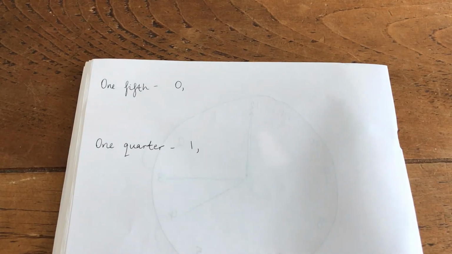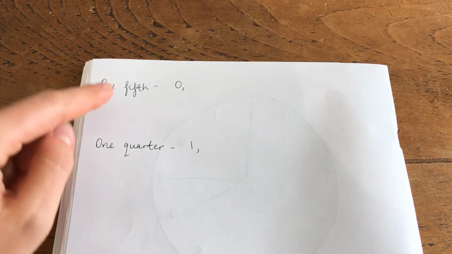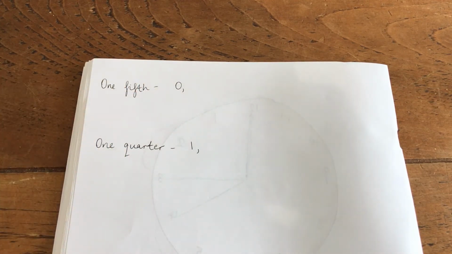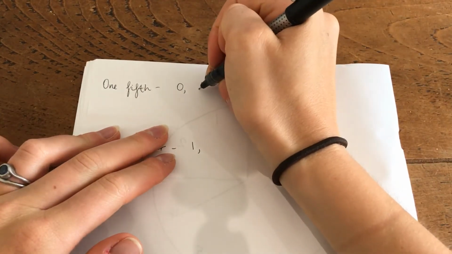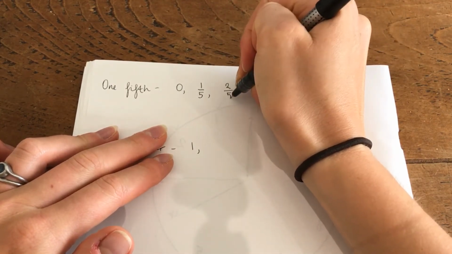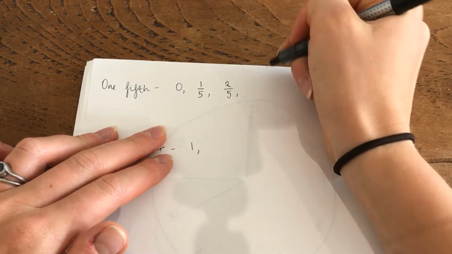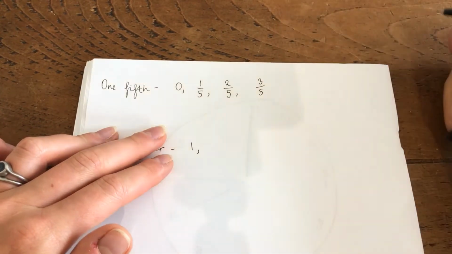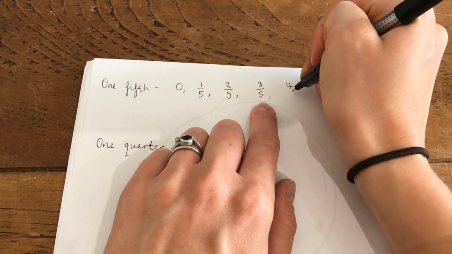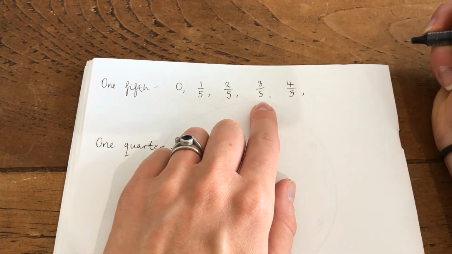Okay, so for number 1, it says using fractions, count from 0 to 1 in steps of 1/5. So 1/5, and we're going to start on 0. You're basically going to be writing down fractions, counting in 1/5. So 0, and then I'm going to have 1/5. Add on another fifth, 2/5. What would the next one be? 3/5. The next one, 4/5. Another one,